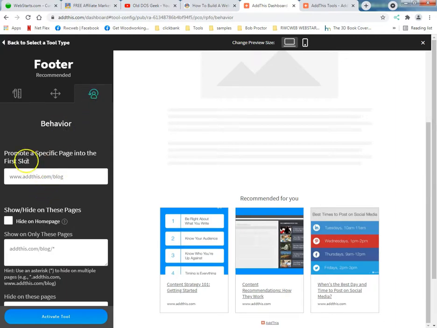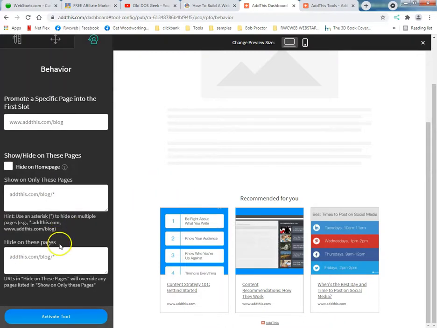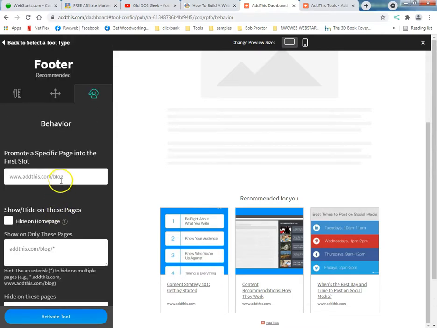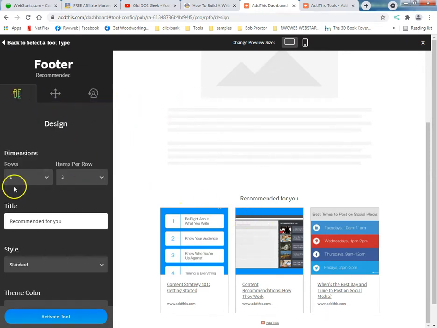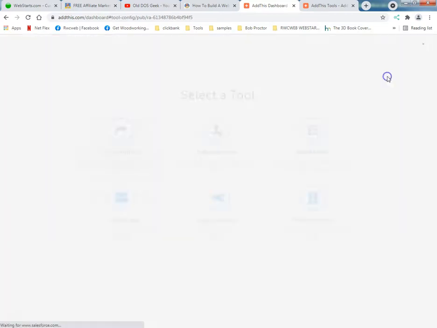Right here. Alright, first slot, which is here. That's a beautiful thing. That is a beautiful thing. You got total control over this.